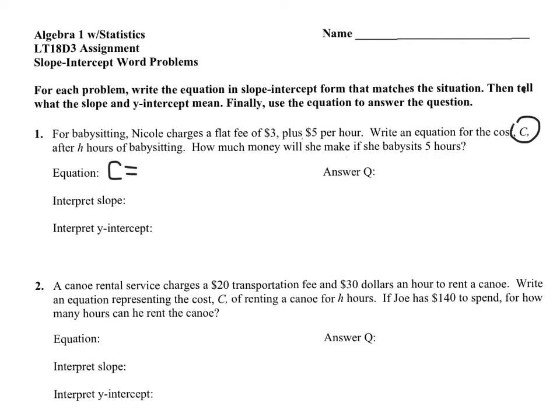So we got C is equal to, and get out our trusty highlighters here. The first thing you want to look for in the numbers to plug in would be your rate. $5 per hour. I mean, if you read number 2, it says $20 transportation fee and $30 an hour. The $30 per hour, that's our rate. So when we're writing our equation, and I'll just write it in green because I highlighted it, it's going to be C for the cost is equal to